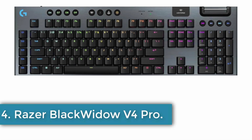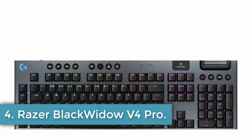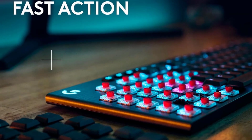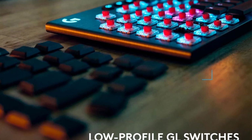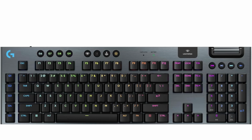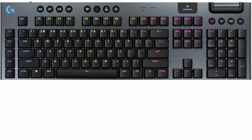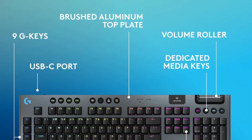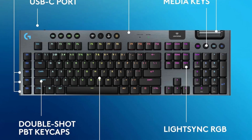Number 4. Razer BlackWidow V4 Pro. The Razer BlackWidow V4 Pro is a premium gaming keyboard designed for PC gamers, featuring a range of high-performance attributes. Equipped with Razer's yellow mechanical switches, it delivers quick, smooth, and silent key presses, enhanced by built-in sound dampeners for quiet operation. The keyboard boasts immersive per-key RGB lighting and a striking 3-side underglow that syncs with your setup, providing